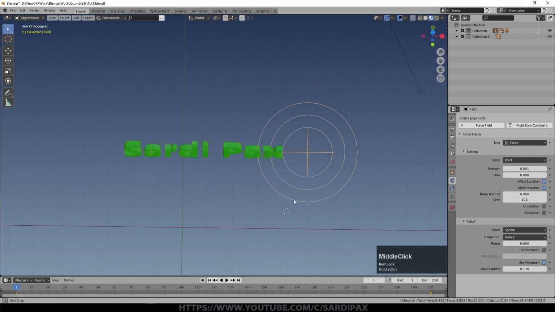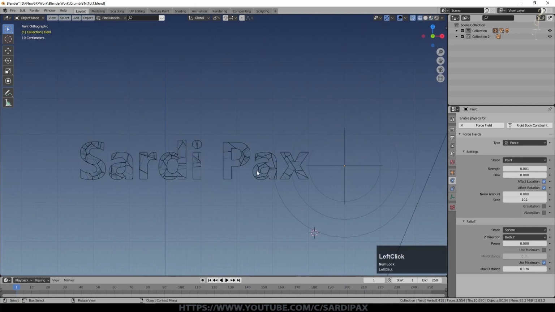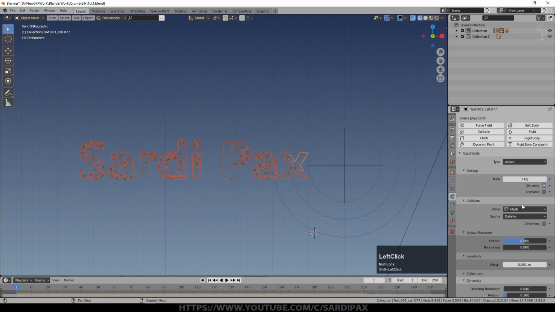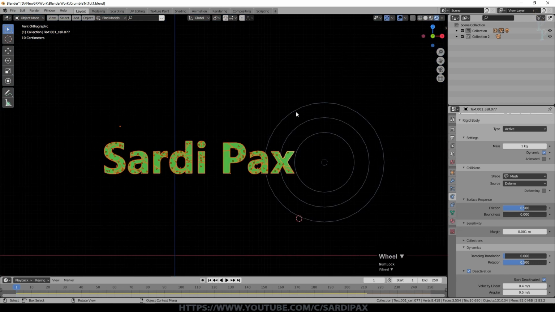Now if you want to reduce a certain amount of the continued movement of the text, in other words, so that things don't go just flying off, what we need to do is put some damping on it. So the default damping is very, very small. But what I did increase was the rotational damping. So I went up to 0.5 on that. So things didn't keep spinning quite so much. But you can increase the translation damping, in other words, how fast things shoot off and how they slow down over time. So let's have a look at that.